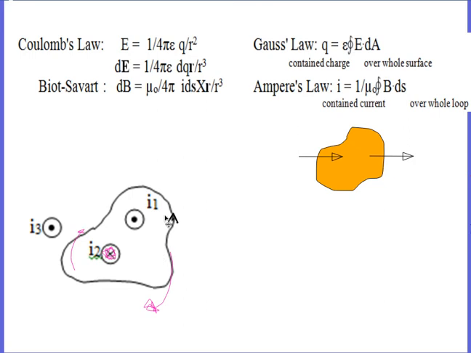And over here, your traversal, and the direction of a traversal is very important. Your traversal is going to be contrary to the magnetic field, so it's going to be negative there. And when you come over here, it's going to be contrary to the magnetic field. So it's going to be negative over here. It's going to be negative everywhere. And when you add them all up, you'll get a net negative, indicating that there's a negative current enclosed. And we say that that current away from us is negative